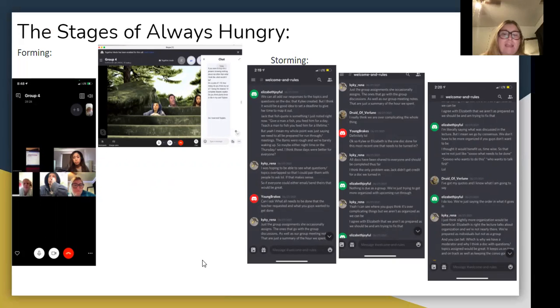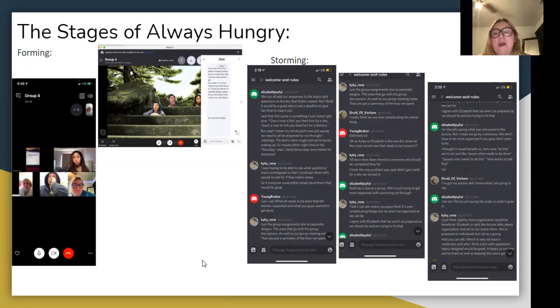And then there was storming. This was right before our first project. We definitely had a bit of conflict when deciding on how to best organize our first Comcast. We all have our own way of doing things and our own way of accomplishing our goals, and trying to figure out how to accomplish them as a group was difficult. We definitely clashed heads with how we thought we should organize, as clear in our evidence from Discord.